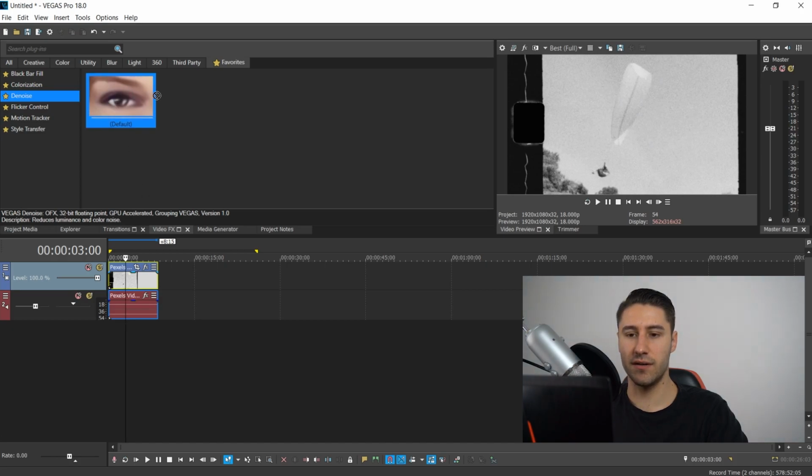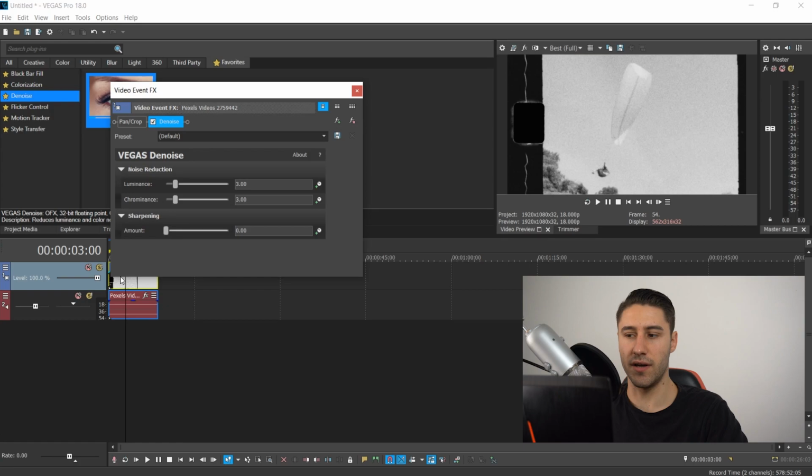And if you drag the default template into your video, you'll notice straight away it will reduce it slightly, and then you can adjust it, seeing what works and looks good. Now, you don't want to have it too strong because it will start to soften the video a lot more, and then that's when it becomes unclear. It looks like it's got a feather. You also have the sharpness, so if you want to increase the sharpness,